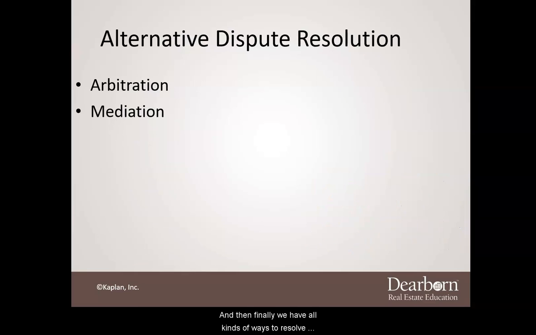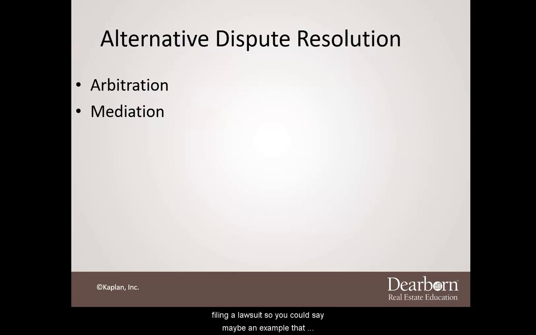And then finally, we have all kinds of ways to resolve disputes in the United States. Litigation is one of them, but there are alternatives, and we call those processes arbitration, mediation, and sometimes negotiation is the beginning step. You think a dispute is coming and you call up the other side and say, hey, I think you're in violation of this contract. Could we talk about that? Because I'm very close to filing a lawsuit.